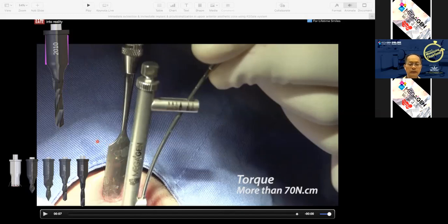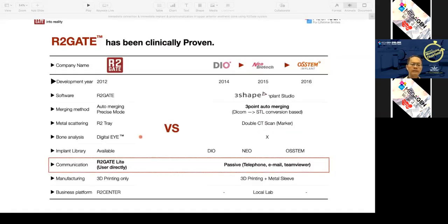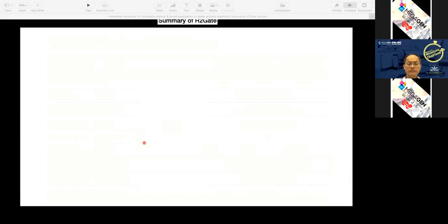Okay, so let me show you again how we can do it in another video. This is a one-day implant that will make it effective. In fact, nowadays we don't even use the word one day, we use 1 hour implant restoration. In order to make things easier, we developed a tablet form that enables us to directly